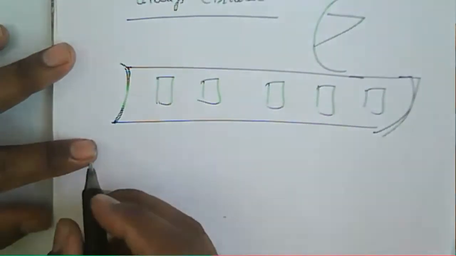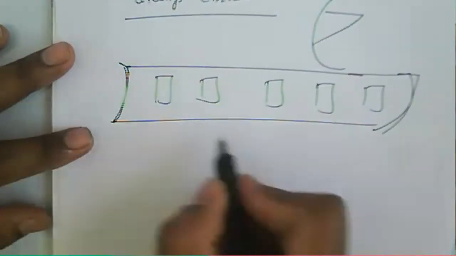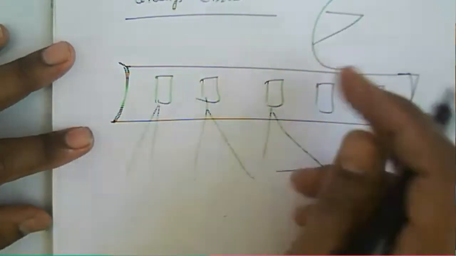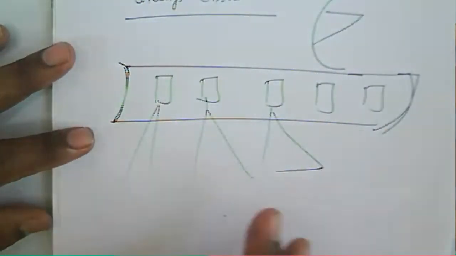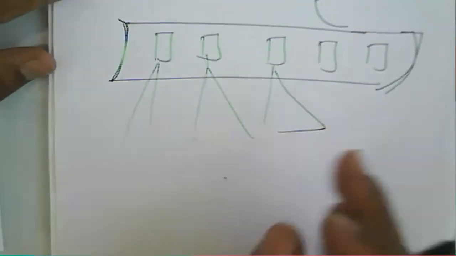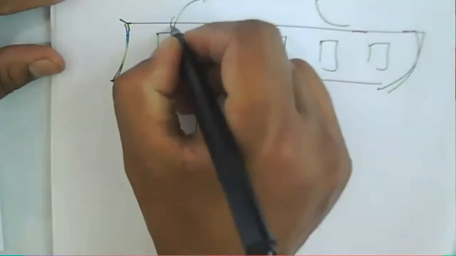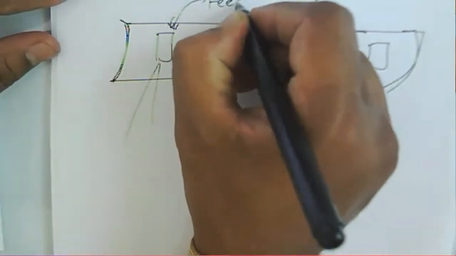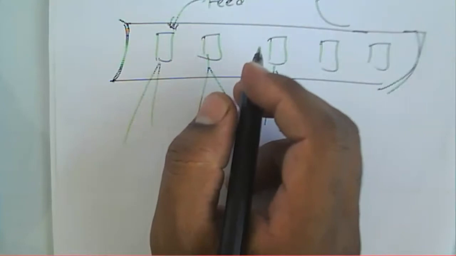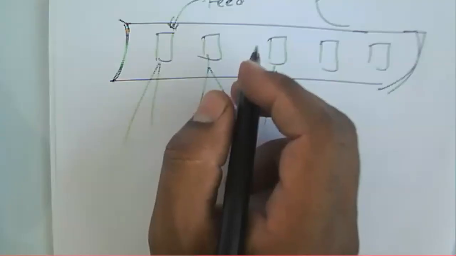Each and every dipole provides a different shape or a different beam, so we use multiple feeding elements. These are various feeding elements, and that multiple feeding element provides multiple beams,